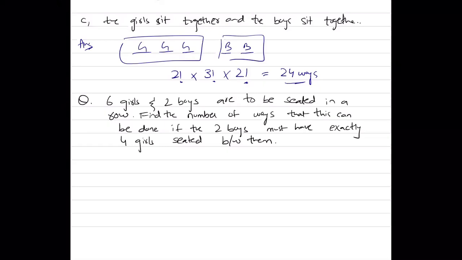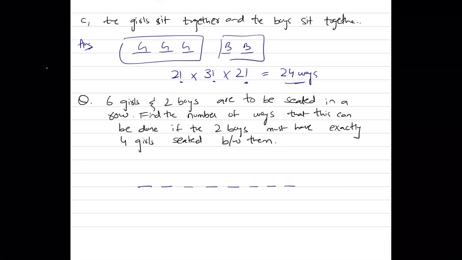Sir, will it be 2 into 4 factorial into 1? Let's see. 6 girls and 2 boys are to be seated in a row. So the row must have 8 spaces. 6 factorial. Okay. Now the 6 girls and 2 boys are to be seated in a row. You need to find the number of ways that this can be done if the 2 boys must have exactly